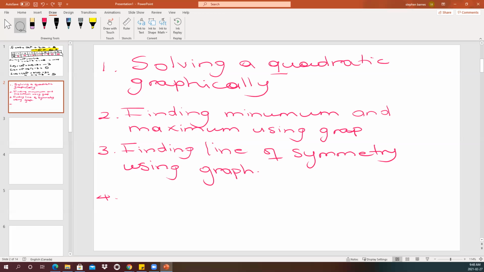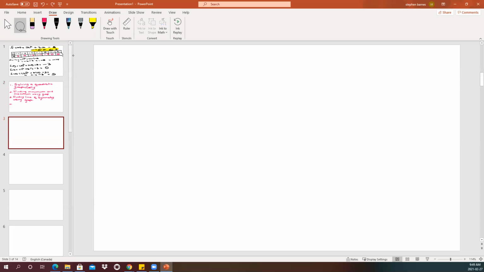So let's start with number 1, which is solving our quadratic equation. Before we go there though, we're going to solve this first question together because I suspect that you may not quite remember how to solve quadratic equations with the factorization method. So we will do that together. So this same question,